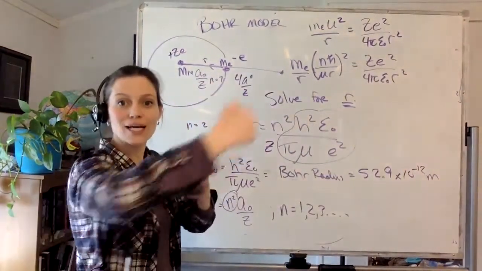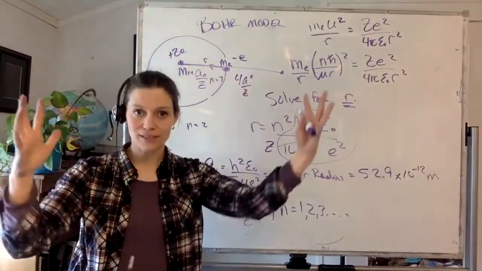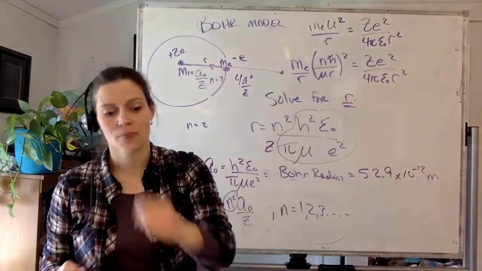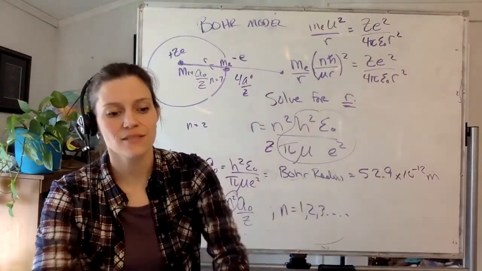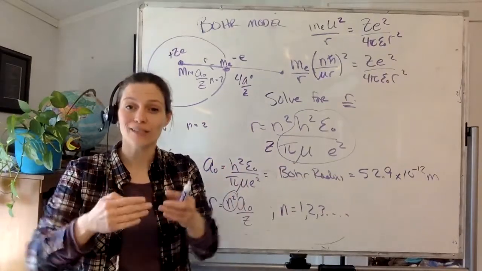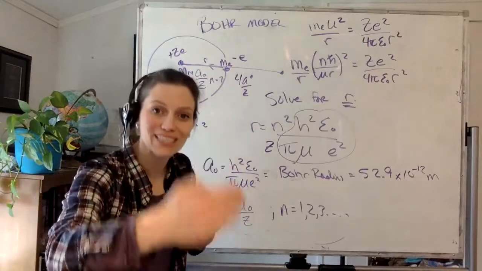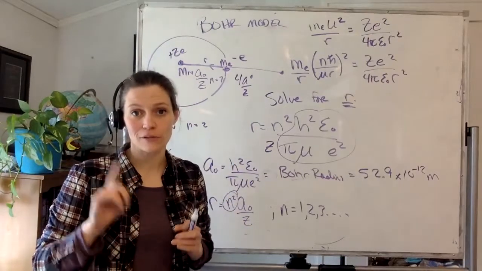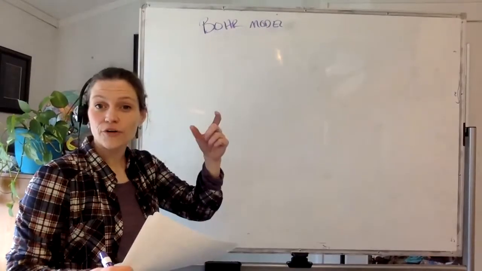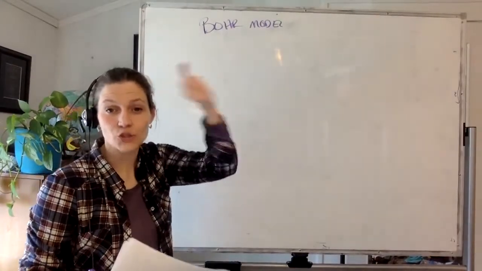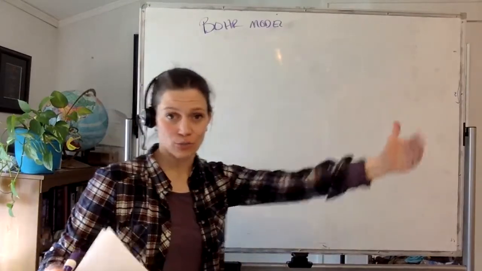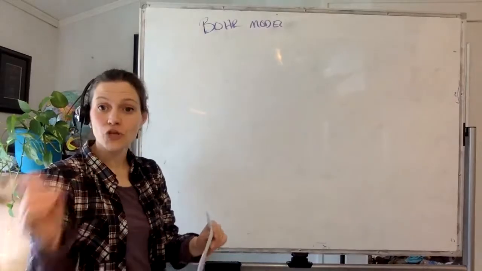So we have these quantized or discrete orbits, these shells around the central nucleus, that the electron can be found in. That is part of the Bohr model: you have these quantized radial orbits of the position in which the electron can be found. Cool? Now I'm going to take it a step further. The Bohr model tells us, one, that there's a discrete location of r that the electron can be found, and the other thing is that its total energy,